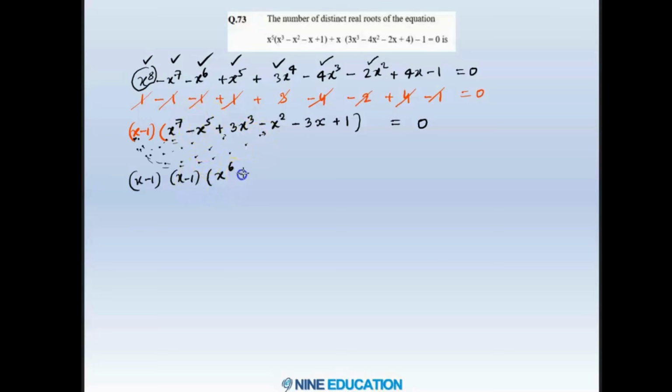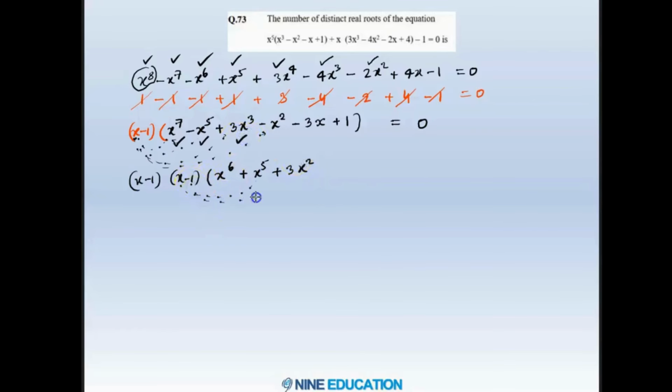For that I need to write plus x power 5, so that when x multiplies with x power 5, we get x power 6, which cancels the minus x power 6 value. Now through this I'm getting this minus x power 5 as well. So first two terms we have got. Now next is 3x cube. For that I need to write here 3x square, so I will get this 3x cube, as well as